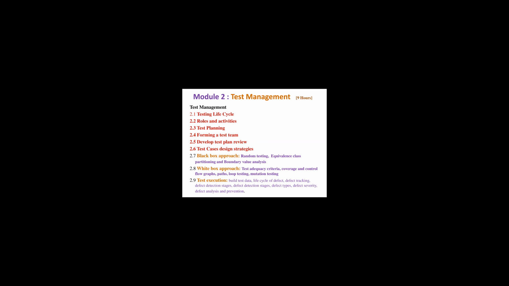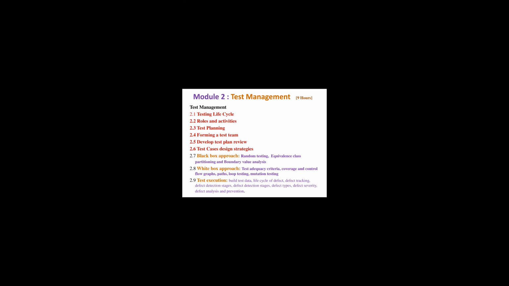In black box approach, we will discuss the random testing methods, equivalence class partitioning, and boundary value analysis testing methods. In white box approach, we will discuss test adequacy criteria, coverage and control flow graphs, what is software path, loop testing, mutation testing techniques.